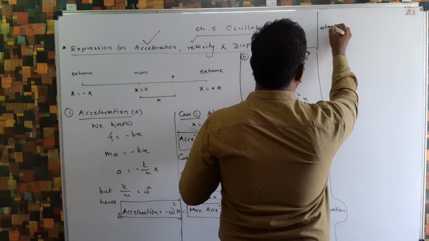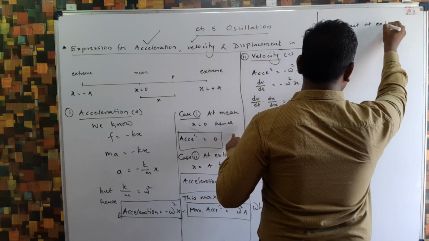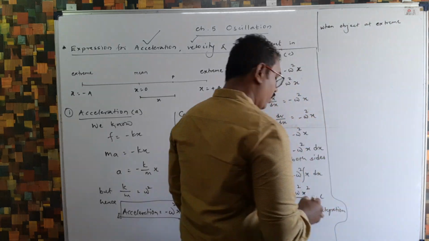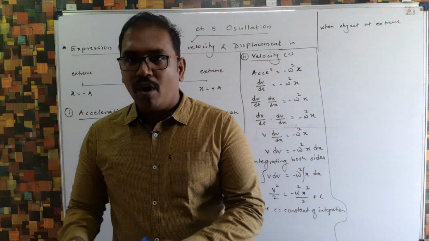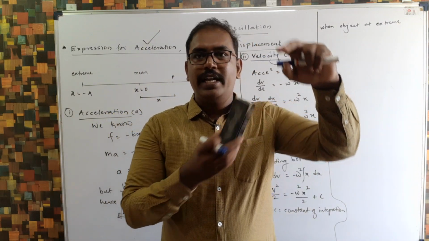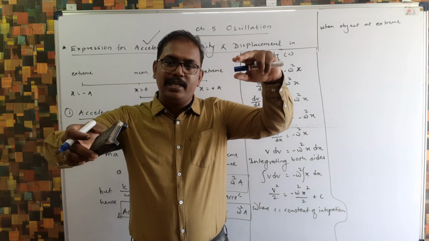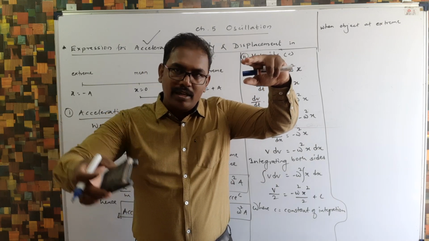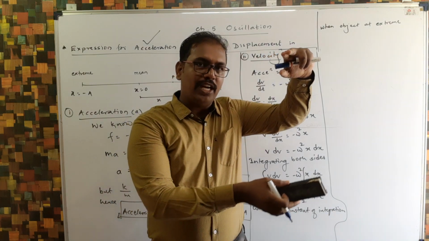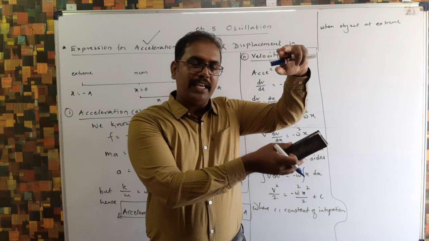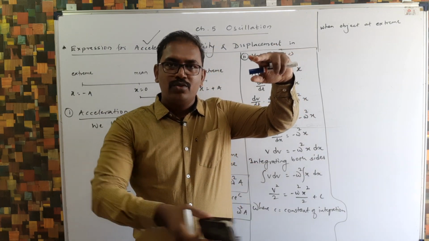So when the object is at extreme, listen, in linear SHM when the object is moving like this, let me consider the example of a simple pendulum. A simple pendulum starts oscillating, it goes to this extreme, its velocity is 0, then it comes back. Velocity increases to maximum and then again starts decreasing. At the extreme velocity is 0, then it comes back like this. So it oscillates.